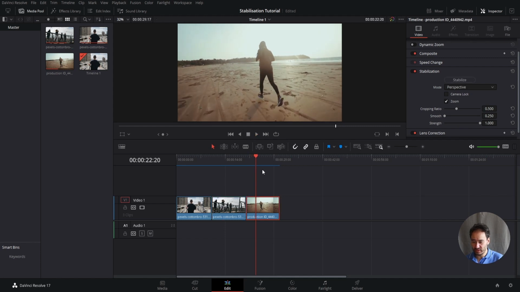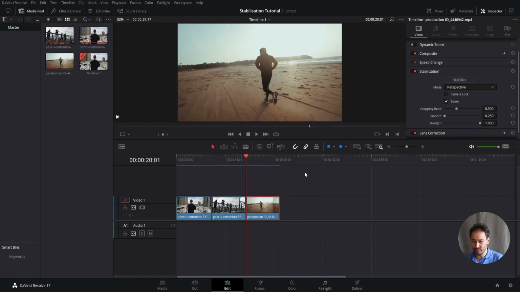And let's do the same with the third clip here, just to let it analyze a little bit more. And I'm going to adjust the cropping ratio here as well, and press stabilize. As you can see here, it goes much faster. That has to do with the fact that you're allowing it to crop your videos to a large extent, especially with the cropping ratio. For some reason, if the value is lower, it actually does more, and if you put a much higher value, it does much less. So you have to really play around to see what the results are while you're stabilizing